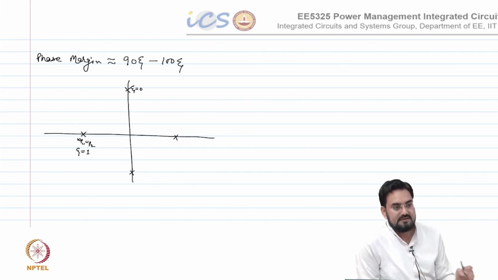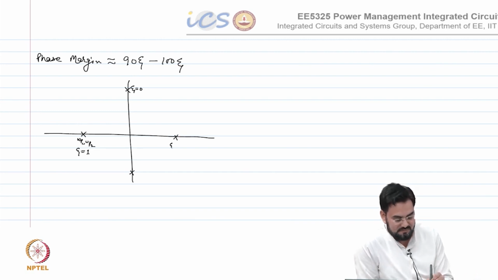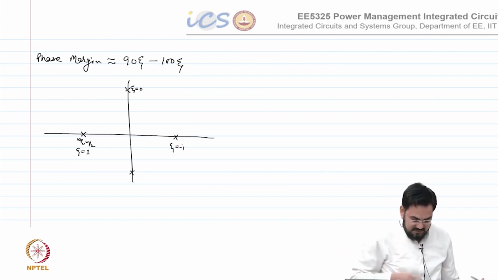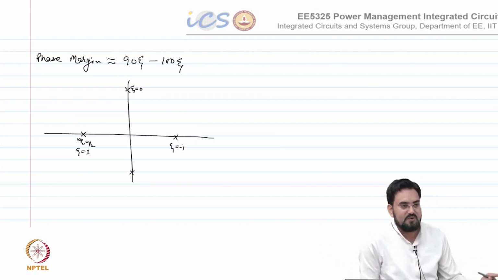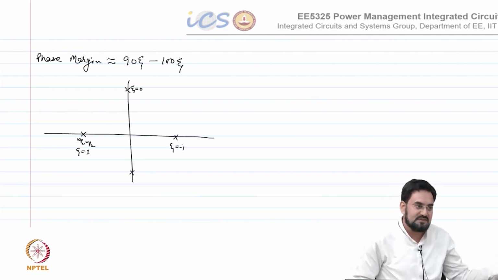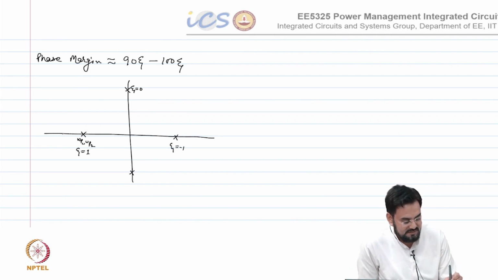What is the zeta here? -1. Huh? It's the same but flip side. Now, if zeta is more than 1, what would happen? The pole will split and one will start moving towards origin, other towards infinity side. Okay. So